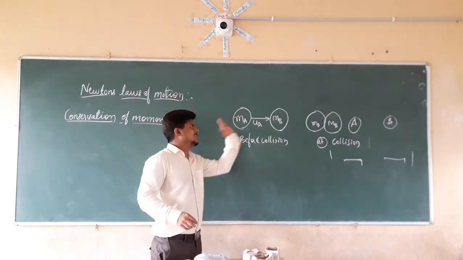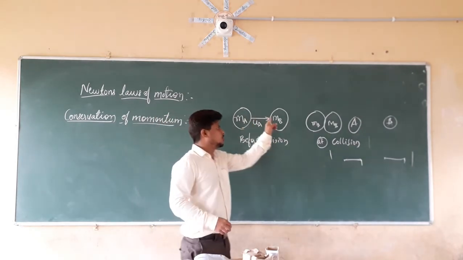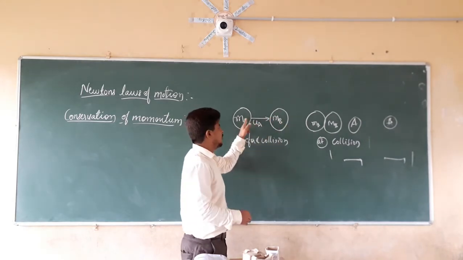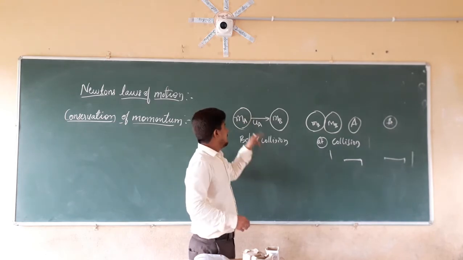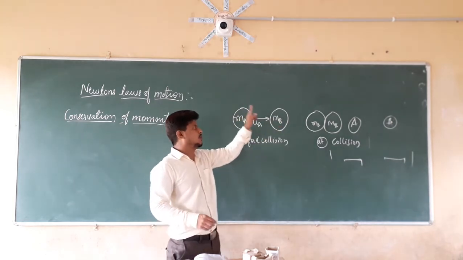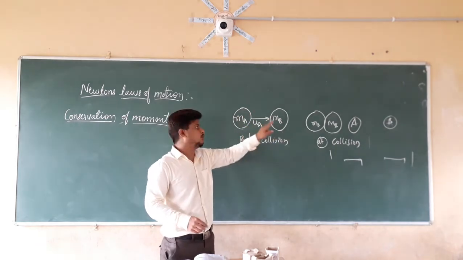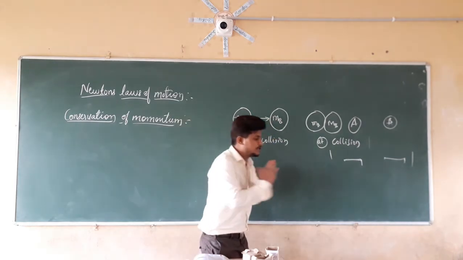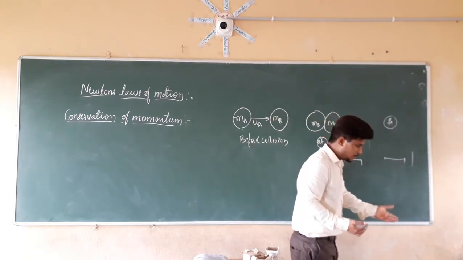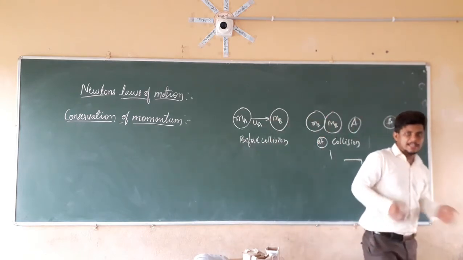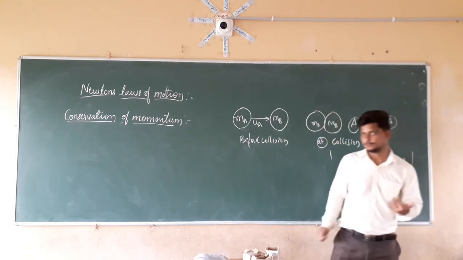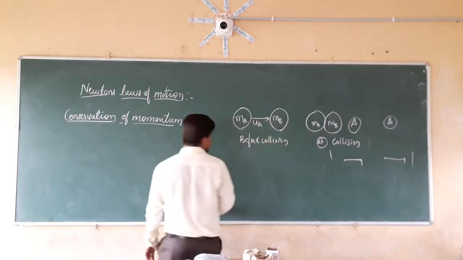I am pushing the ball in this direction. This ball is going to collide with this ball, so this ball is going to exert some force on this ball. The rest position of this ball is going to change because of the force applied by this ball on ball B. So if I push that ball, it is going to move and hit the next ball. After the collision, the next ball starts to move, and the speed of the first ball is going to reduce.